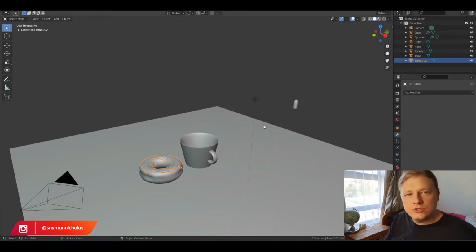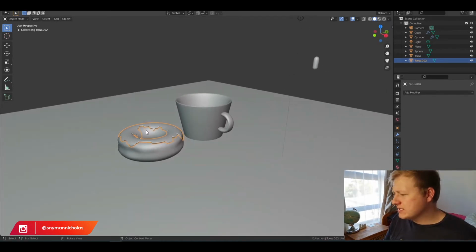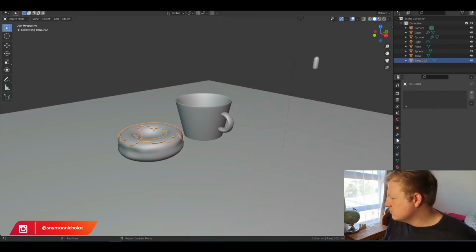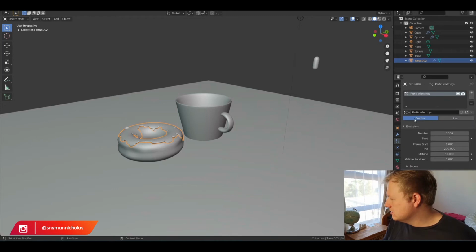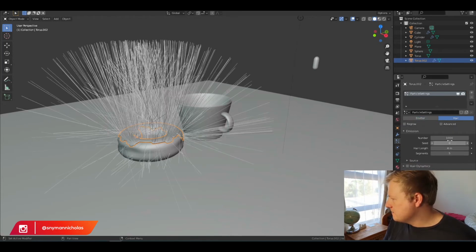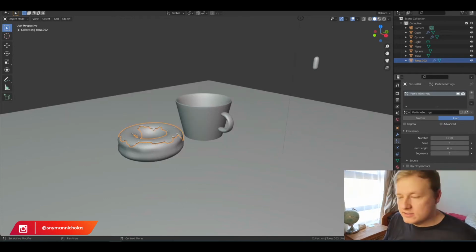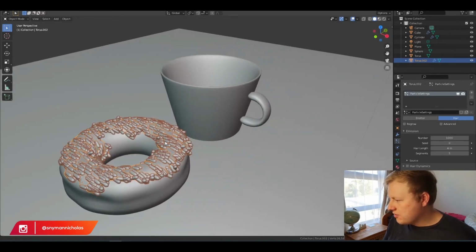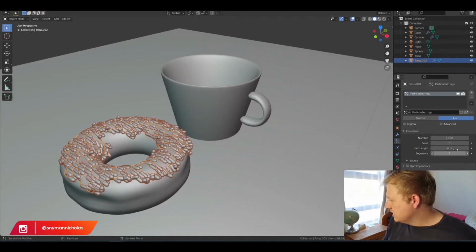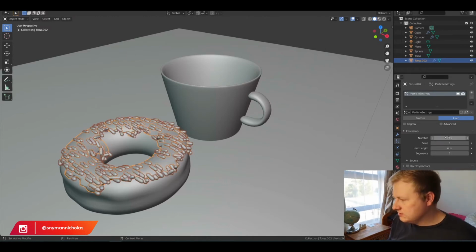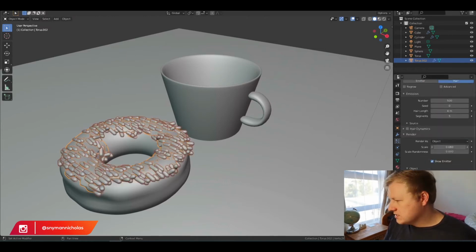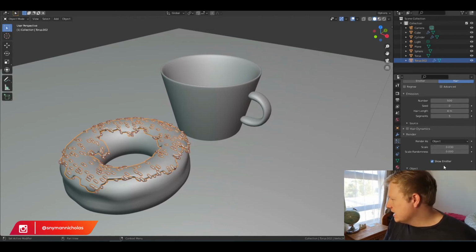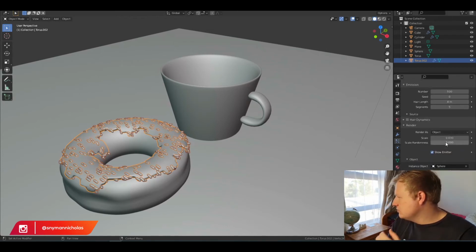Now, to put your sprinkles on your icing, you want to select your icing, go here to Particles, add a particle. We're going to click on Hair, and then to render we're going to change that to Object, and then select our sprinkle. That's way too many. Change to 500. Let's bring the scale down,